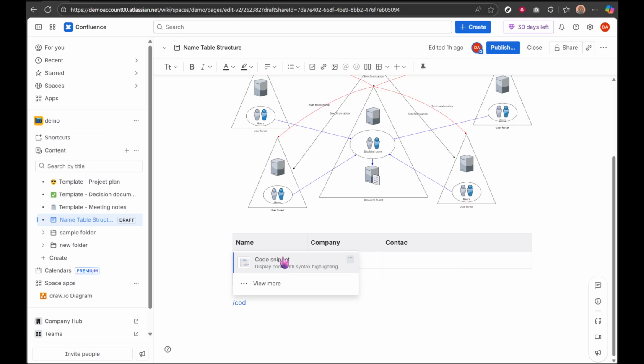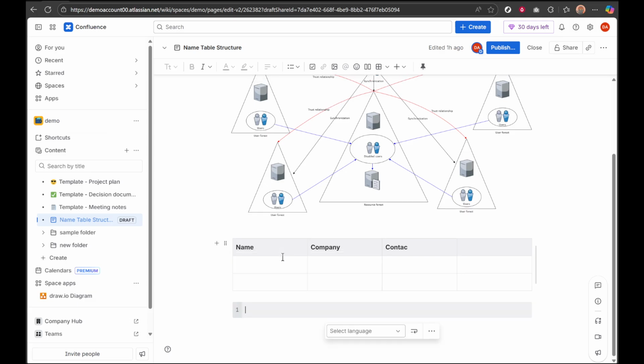Now let's focus on one of the most beneficial features of Confluence code blocks: syntax highlighting. Click on the language drop-down menu within the code block widget. Here, you can select the programming language that matches your code. This feature is more than just aesthetic. It dynamically highlights your code segments based on the language's syntax, making your code easier to read, understand, and debug. Picking the right language from this drop-down is therefore a critical step to ensure your documentation is as clear and